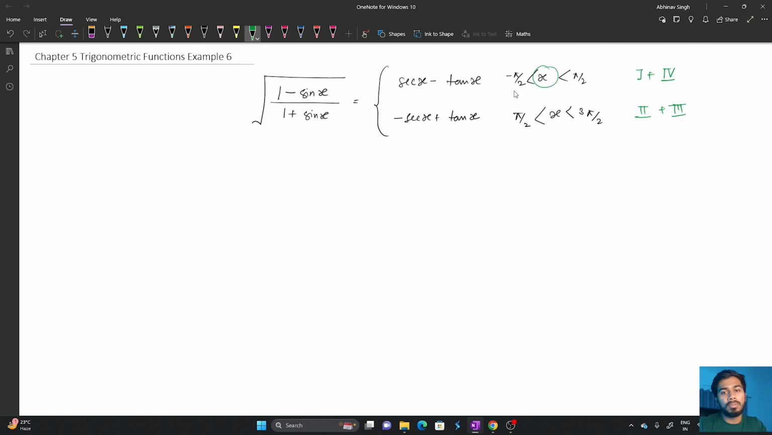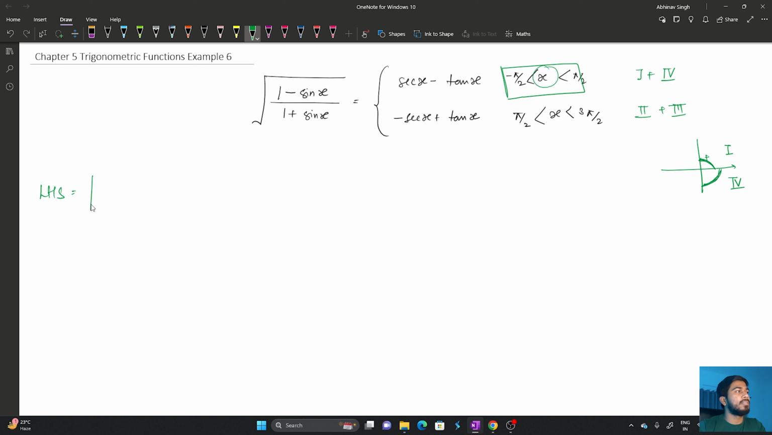Okay, so don't be confused how minus pi by 2 came, because if you go anti-clockwise, it will be positive, and if you go clockwise it will be negative. So plus pi by 2 means this, minus pi by 2 means this, and so you cover the first and the fourth quadrant in the first case. Okay,